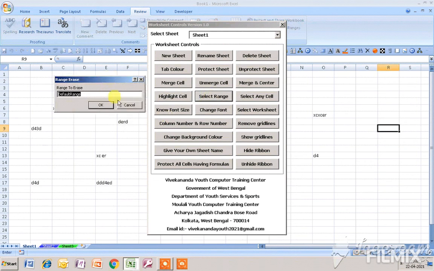Now I have to give a range in this input box. Suppose I give this particular range and I want to merge this range. You can see the range has been taken automatically, and I click OK.